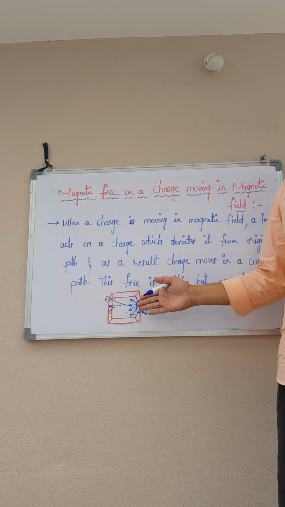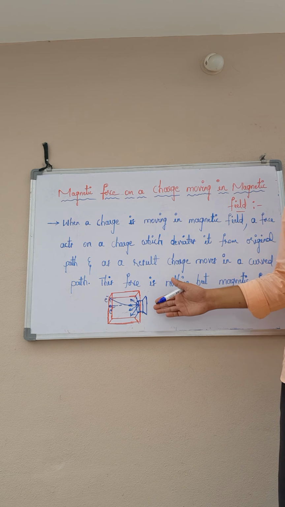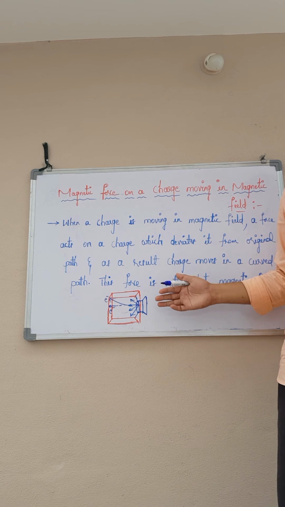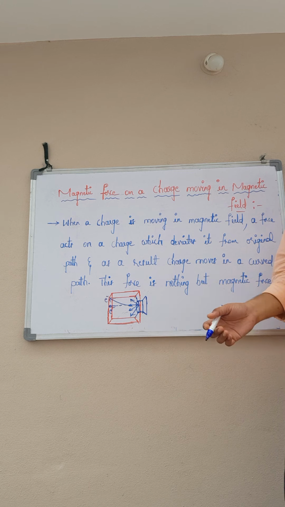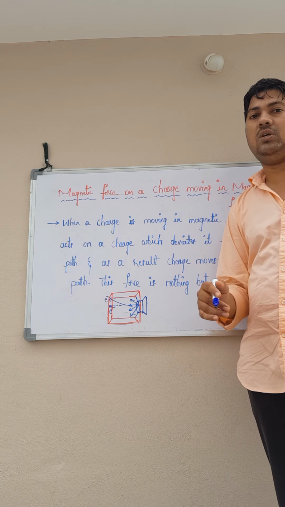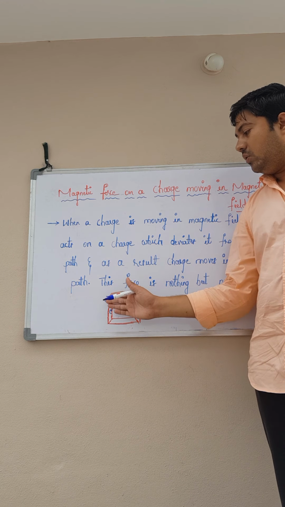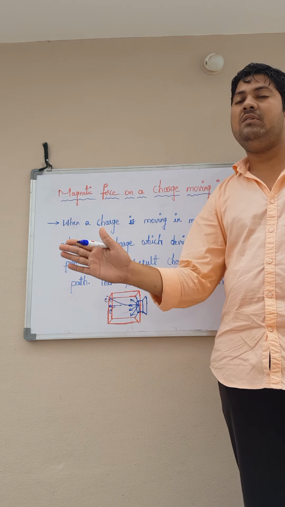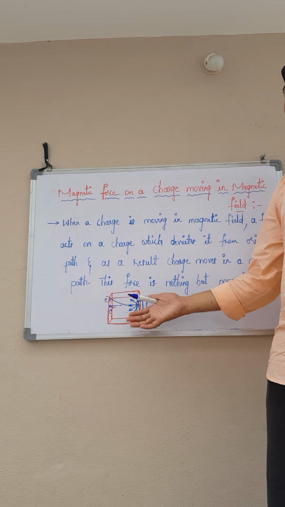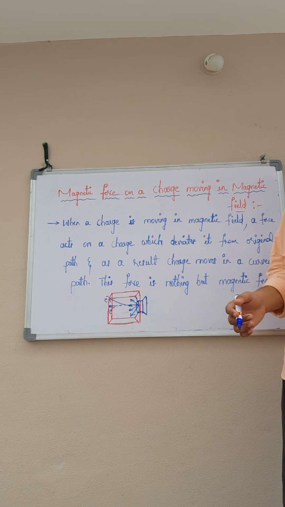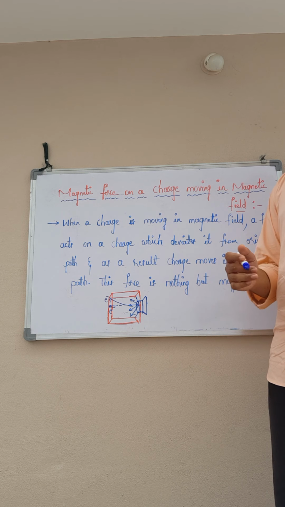But nowadays, everyone is using LCD or LED type monitors, and even TVs, we are using LCD or LED TVs nowadays. But in LCD and LED TVs, there will not be any movement of electrons, and you cannot observe distortion in the picture. You can observe distortion in the picture only in the case of picture tube TVs, because only in picture tube TVs there will be movement of the electrons, and when you bring the magnet near it, there will be disturbance in the path of the electrons, which in return finally causes distortion in the picture.